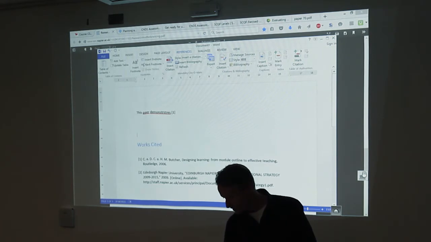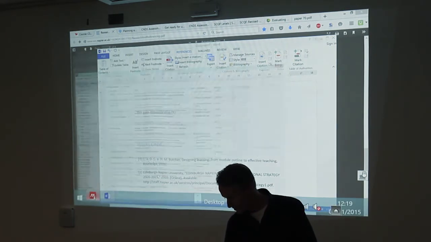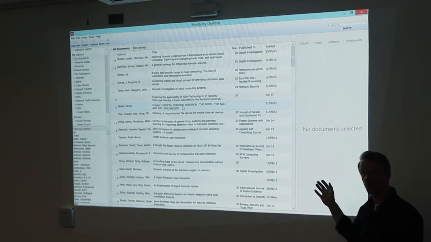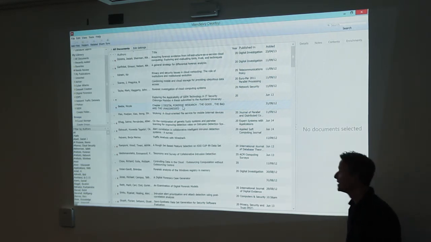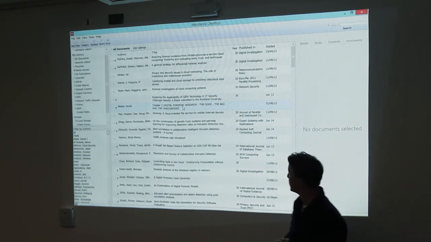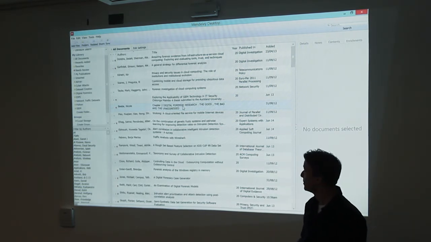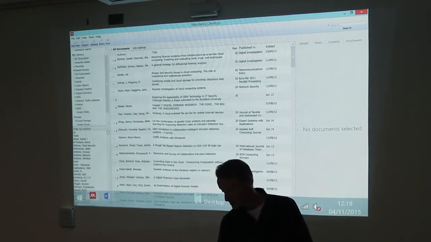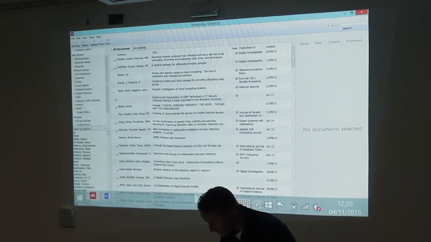Now what I use, for various reasons which will become apparent in a second, is a thing called Mendeley. This is Mendeley Desktop. You can just use the web one if you like, but the desktop one has its advantages. That's a pile of papers in there. And one of the best things is you can point this at directories. Okay, and why will become apparent.